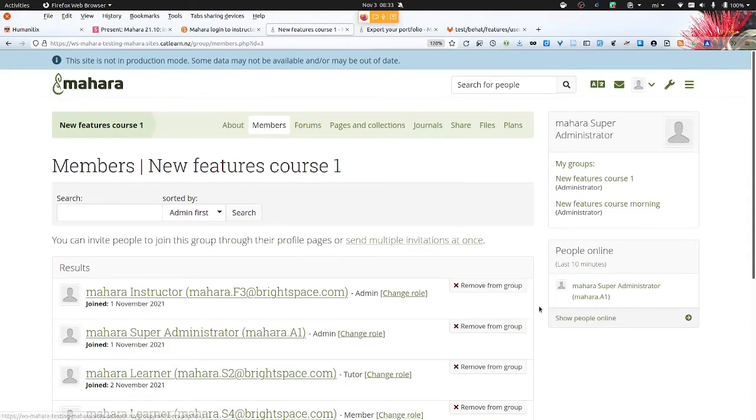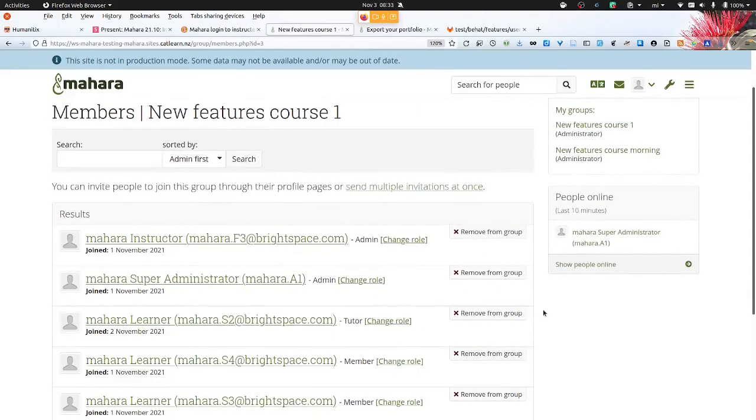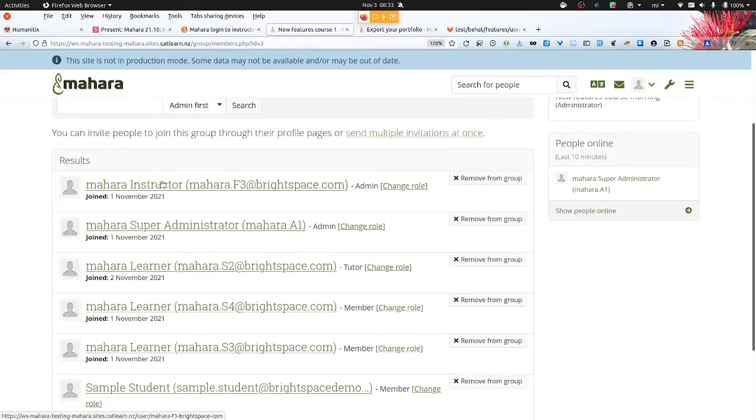And that is that instructors from Brightspace become group administrators. Anybody set up as teaching assistant becomes the tutor, and regular students become members in that group. And once a day, early in the morning, that group membership is updated if anything changes in the course on the LMS side.